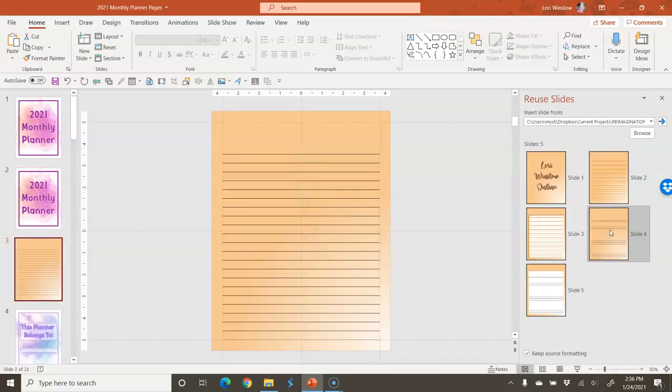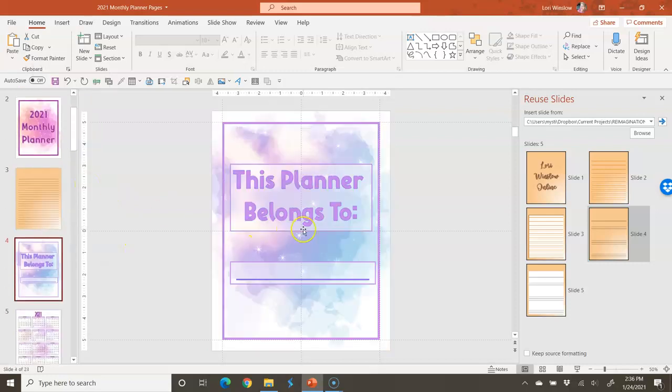It's the table. Now, this one, because I have this Keep Source Formatting checked, it brought in even the brown gradient. If I have that unchecked and I click on the same slide, oh, it did bring it in. Usually it shouldn't. It would bring it in with a white background. So I don't know why it didn't. It's different. Okay, never mind. Either way, I'm going to delete this slide. We only need the